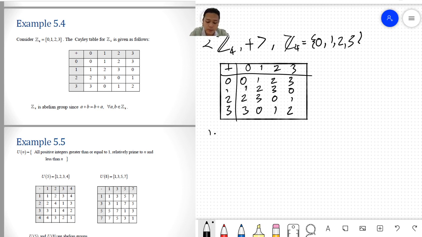For closure, we need to identify that the binary operation from this part with the elements from this part will produce something inside the Cayley table. You take any elements from Z4, you binary operation with Z4 as well, A, B, will produce C. The C is produced inside this Cayley table. If you want to answer the closure, you must have a correct Cayley table first, and it's sufficient for you just to say based on this Cayley table,